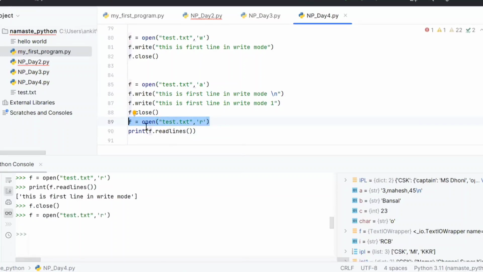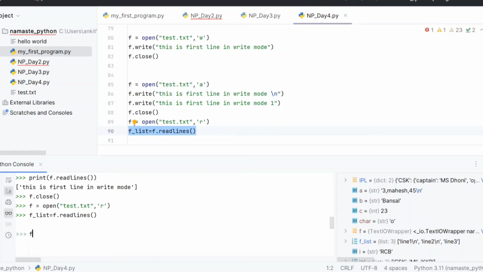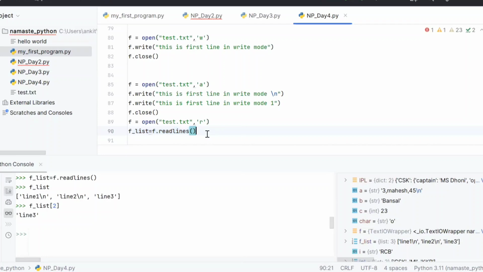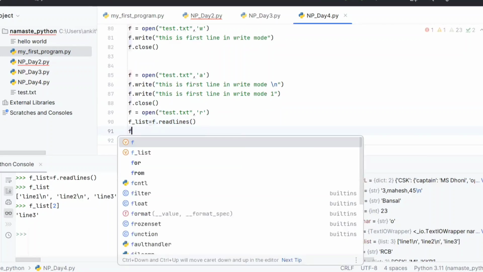Okay. So if you see, this is your file created, and then I will create another variable f_list equal to f.readlines. Okay. So enter. Now if you see f_list, this is a list, right? First value, second value, third value. If you directly want to go to the third value, you can say f_list and then index 2, right? So you can directly convert it into a list. Each element will be one line, first element, second element of the list, and go on, right? And then make sure you close it.